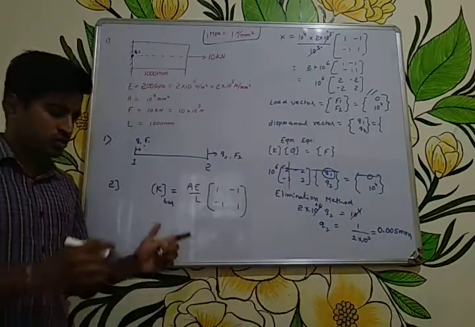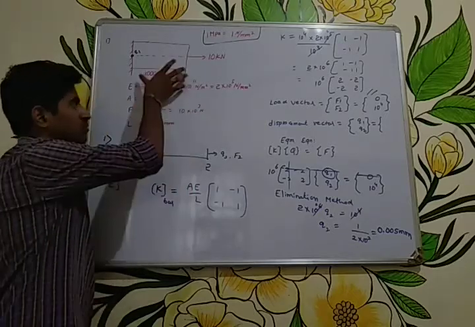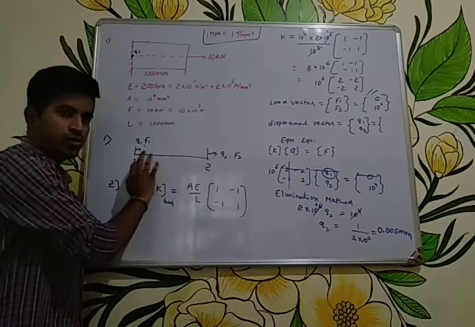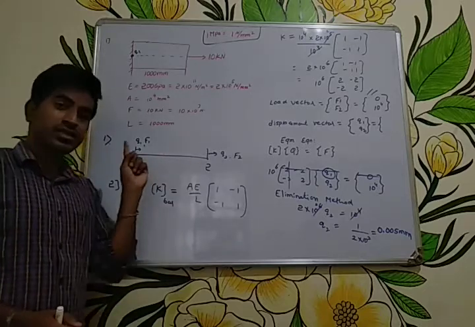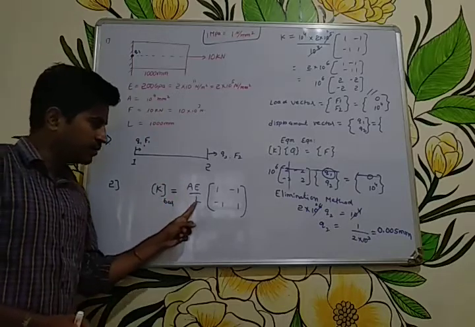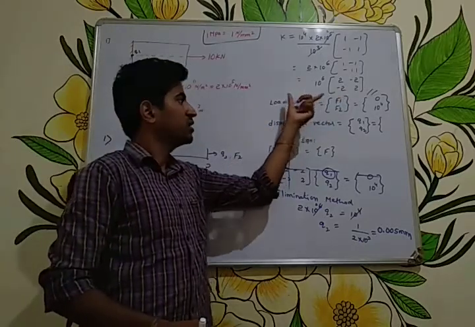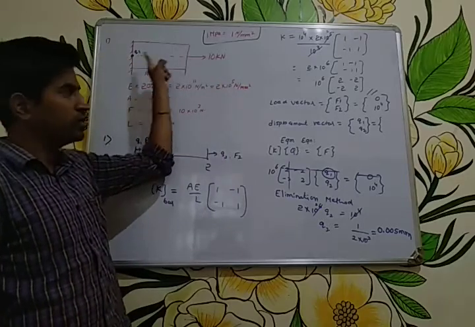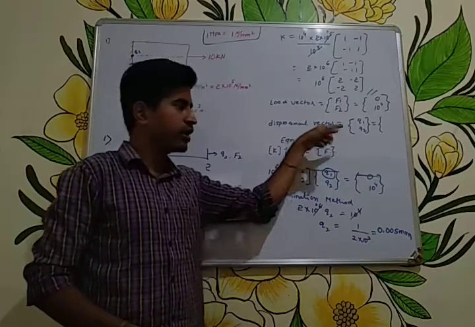Okay. So once again I will tell you. First you have to go for FE model. Just write the element, and then the nodes you denote 1 and 2. And as you already know that nodes are located where there is a fixed end and node is given. Then stiffness matrix for a bar element, substitute all these values here and you will get this value. Then go for a load vector. Okay, there are only two forces, one is already 0, another is 10 kilonewton. Then displacement vector Q1 Q2, this we need to find out.